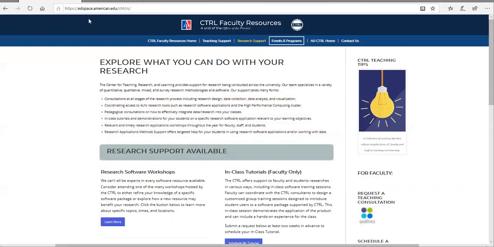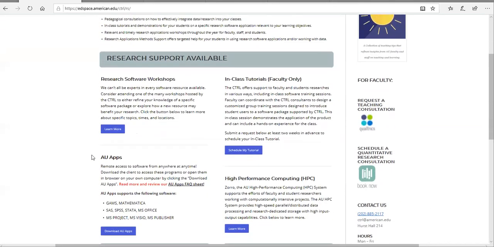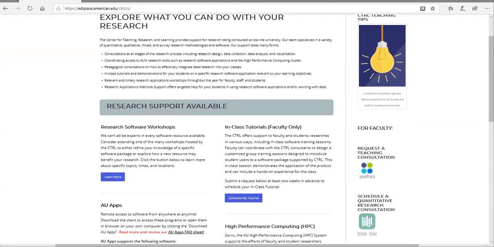Now, if you go to CTRL's webpage, edspace.american.edu/ctrl/rs, that's going to bring you to the Research Support Center. If you scroll down a little bit, there's a little section on AU apps. If you click on Apps FAQ,